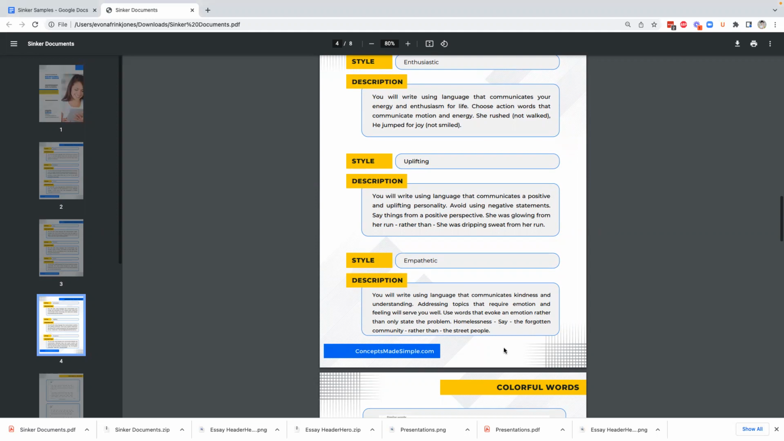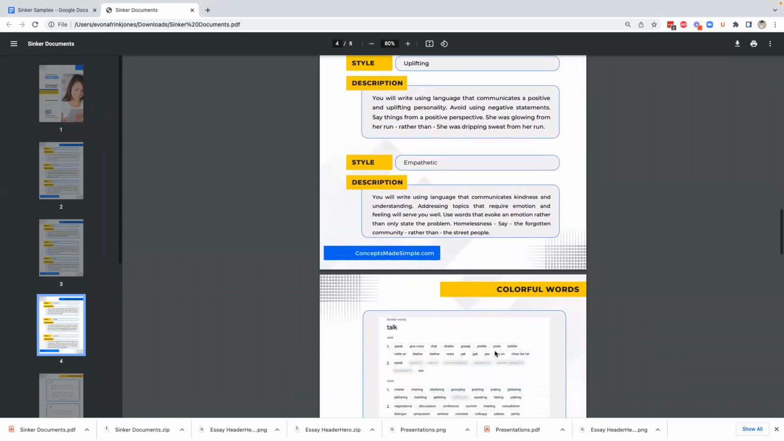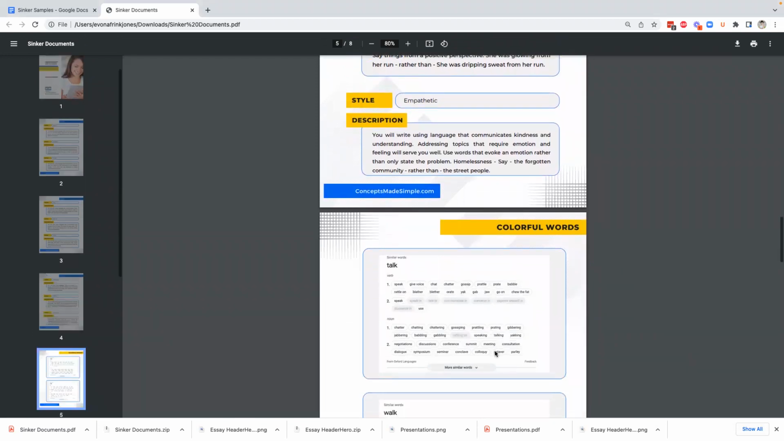Now, the way that I picked the words for those different types of styles and voice was I chose the original word, and then I went to the internet and I just typed in synonyms for talk. So here you can have speak, give voice, chat. So if you're going to be quirky, the people are going to chat. If you're going to be quirky, maybe chew the fat might be that. Blather might be something that you would talk about if you were going to come across as silly,